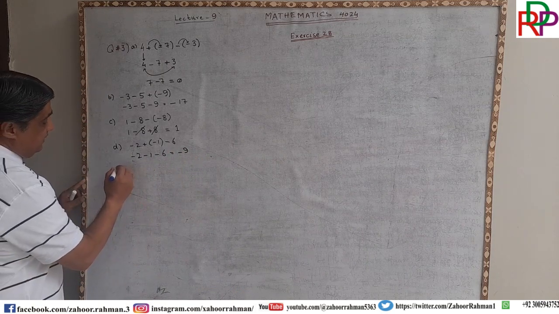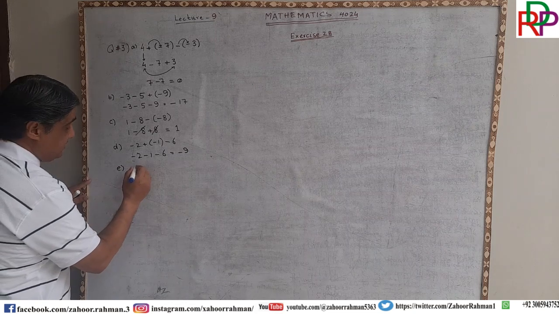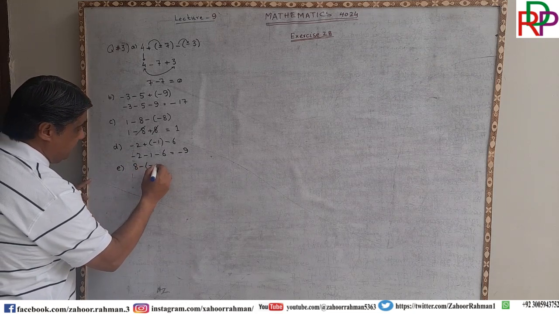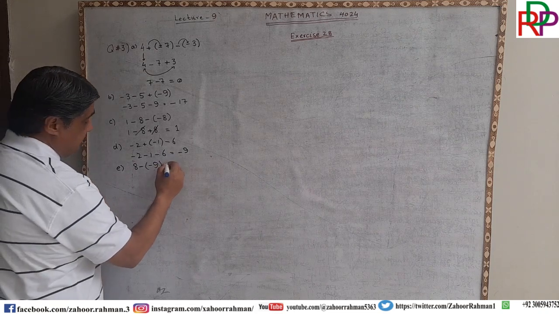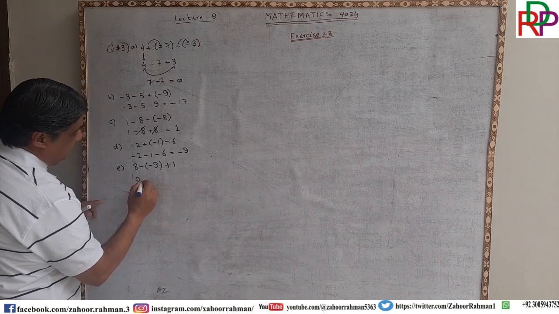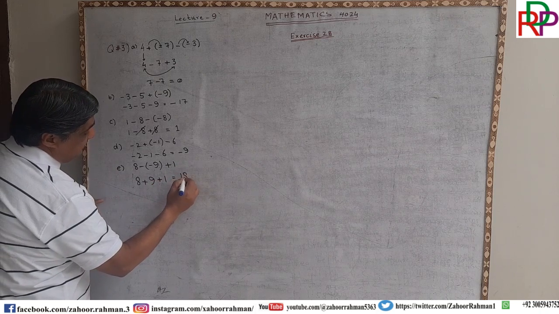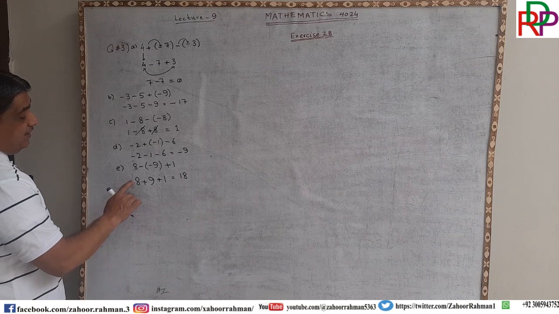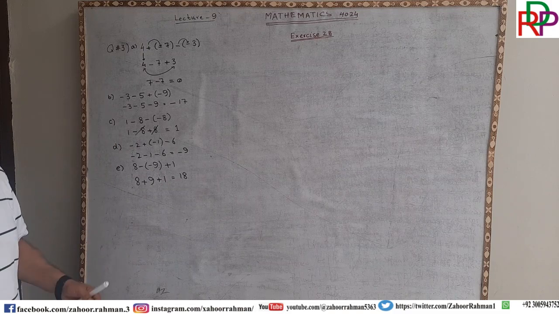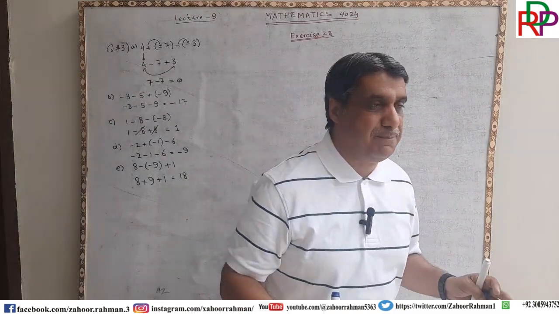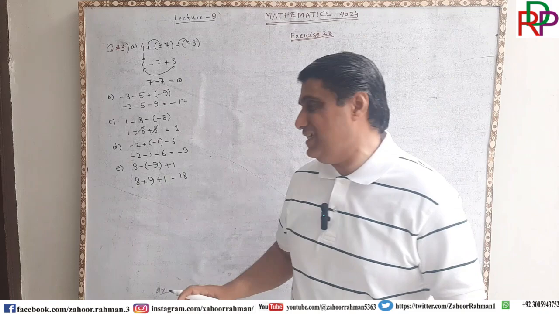Now, E part is saying that 8 minus minus 9, 8 minus 9, and then we are having plus 1. So 8 plus 9 plus 1, which is equal to 18. Remember that here all this is also plus, this is plus, this is plus, so you have to put a plus. If you are putting a plus or not putting a plus, it doesn't matter. It always yields positive